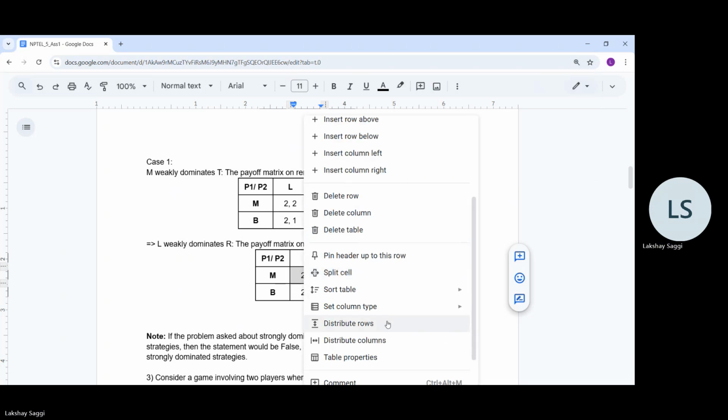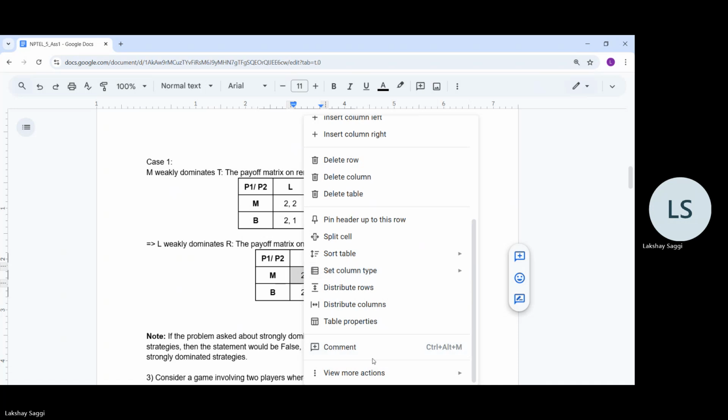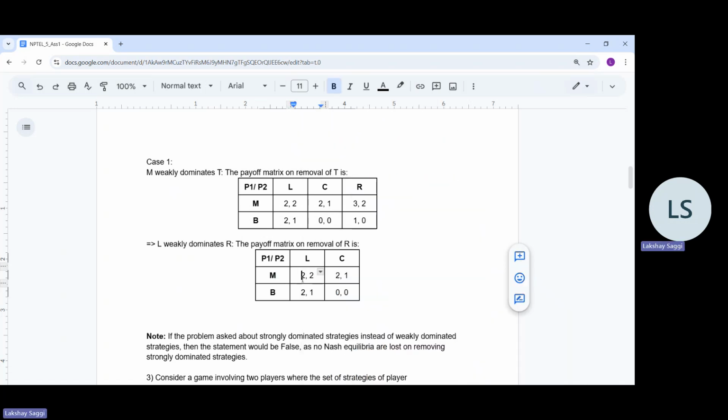Okay, or maybe we can leave the coloring out. So